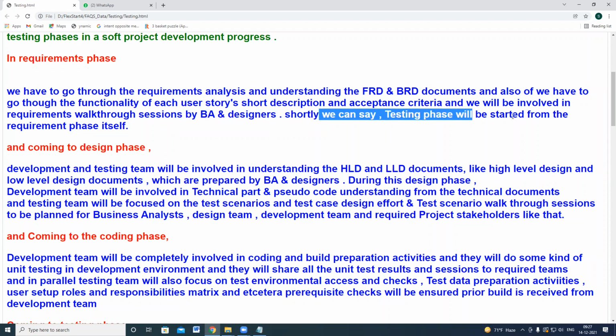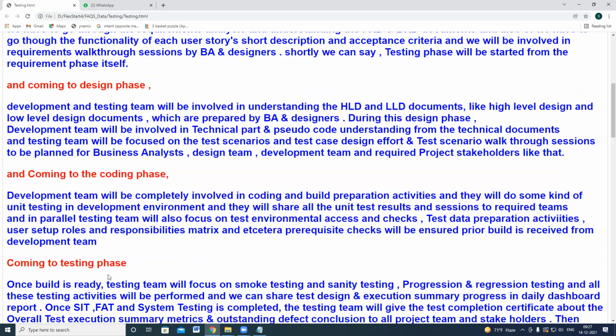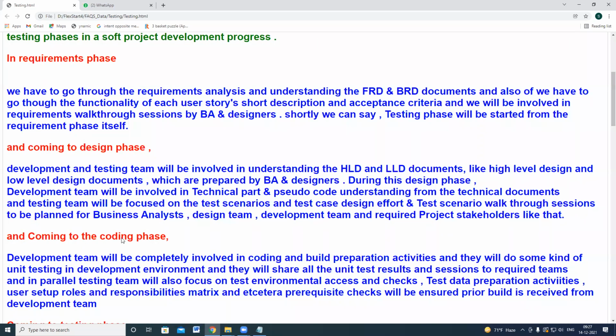Shortly, we can say the testing phase starts from the requirement phase itself. If anybody asks when testing will start, it won't start after coding. Testing starts from the requirement phase itself, because we are involved from the requirement phase.